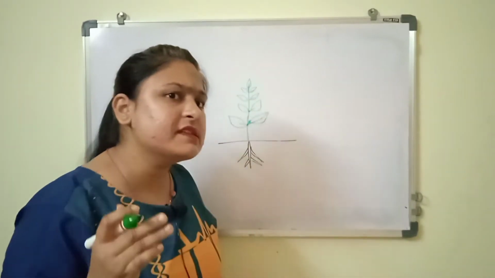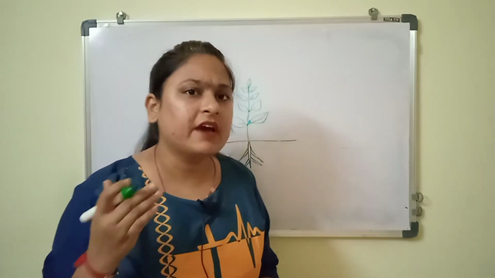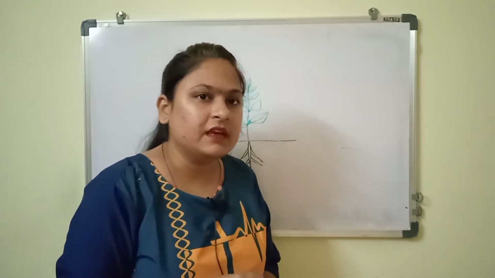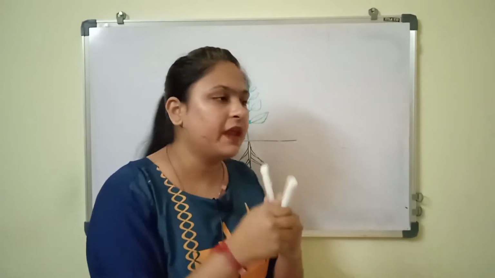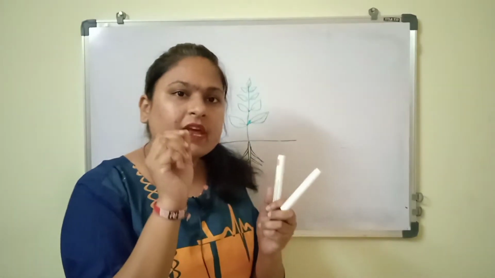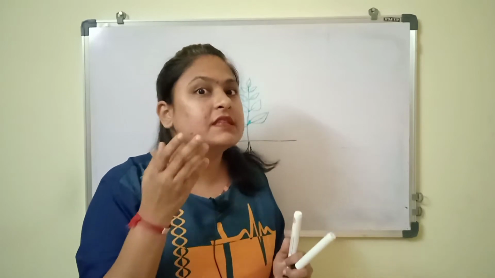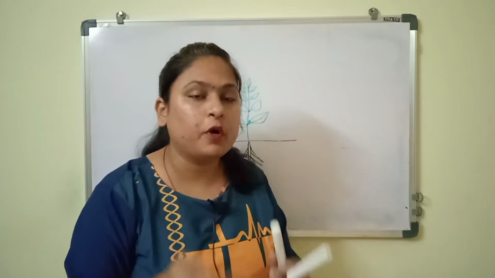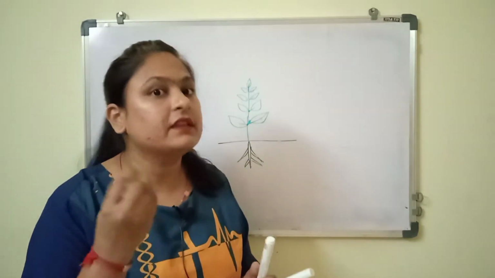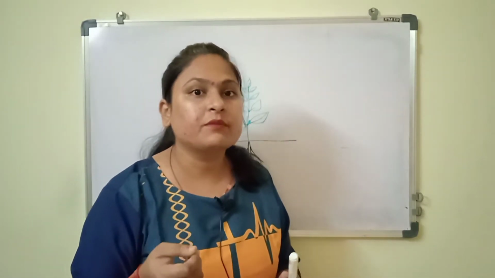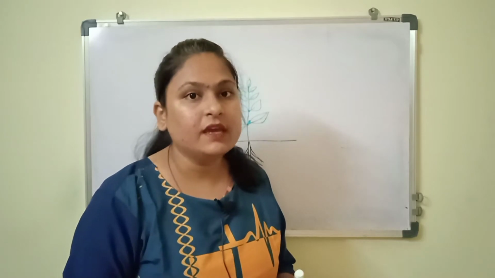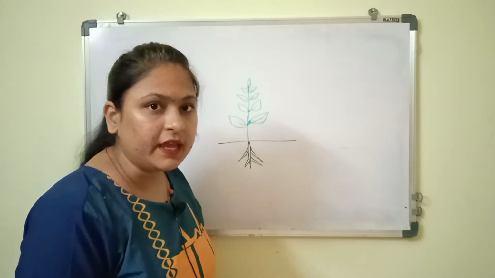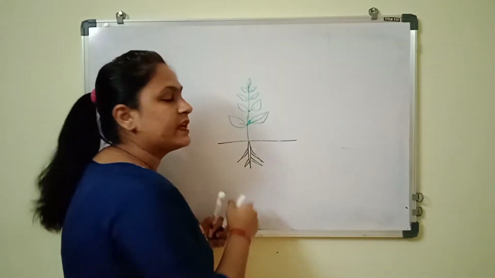You must have watched a plant growing. When you see the tip region of the growing plant, the leaves are very small and light green in color, so that means they are the young leaves. The leaves at the bottom are very dark in color, broad and very hard, so that means they are older. So they are always in an acropetal order. So this was about the leaf.